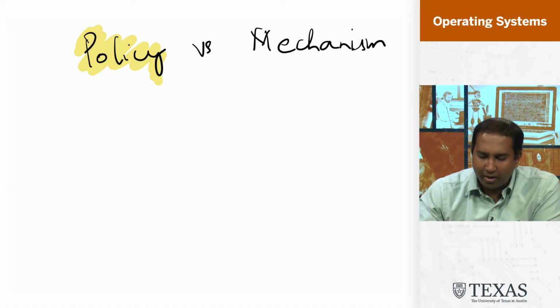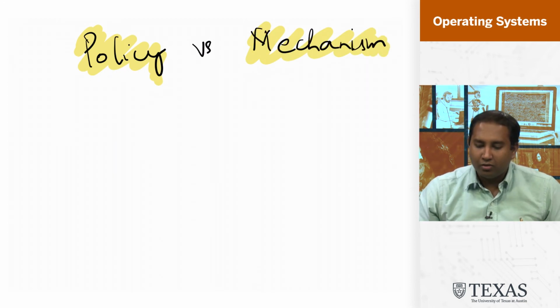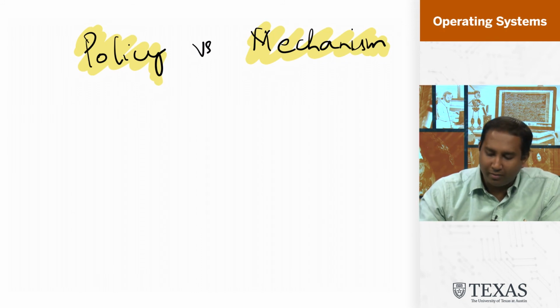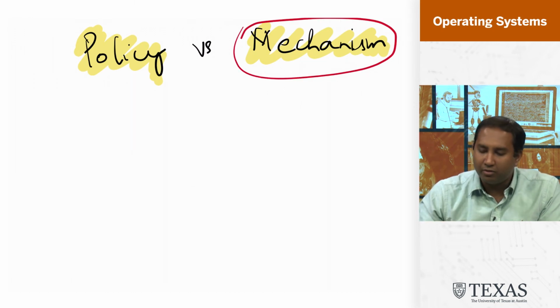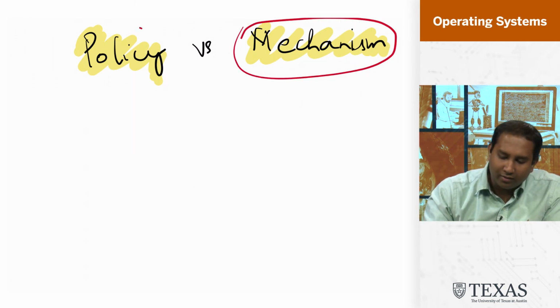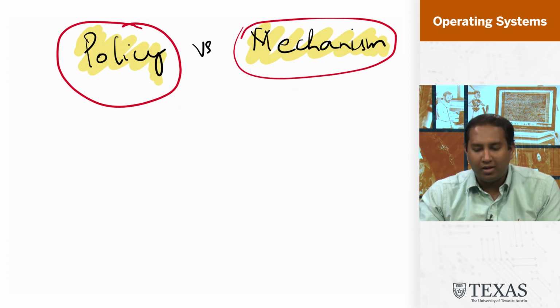That part is called policy, right? This is one of the big themes in computer science research, and I imagine in many other kinds of research. Limited direct execution is mechanism, so basically how you time share between different processes, and policy is which one do you want to run first, like in which order do you want to run three different processes which are all eligible to be run, right?